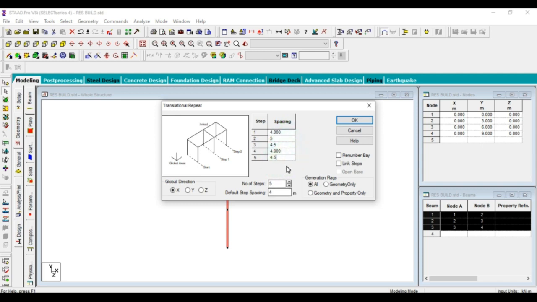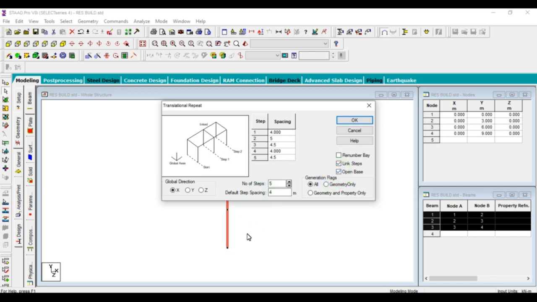For different spacings you can give the spacing over here. This default spacing is the same, so don't change the spacing. Understood? After giving the number of steps and default step spacing, you should select the link steps and open base also.